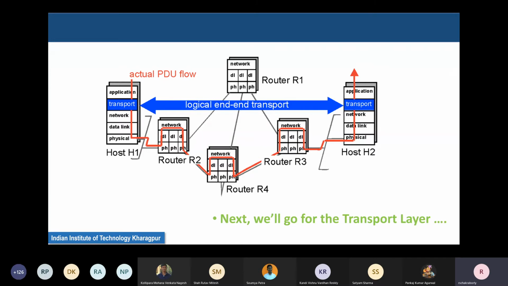That is also not true, because the transport layer in turn takes help of the network layer. The network layer in turn takes help of the data link layer, and the data link layer in turn takes help of the physical resources or the physical layer at the bottom, the electrical wires or wireless links, or fiber optic cables, whatever you can think of.